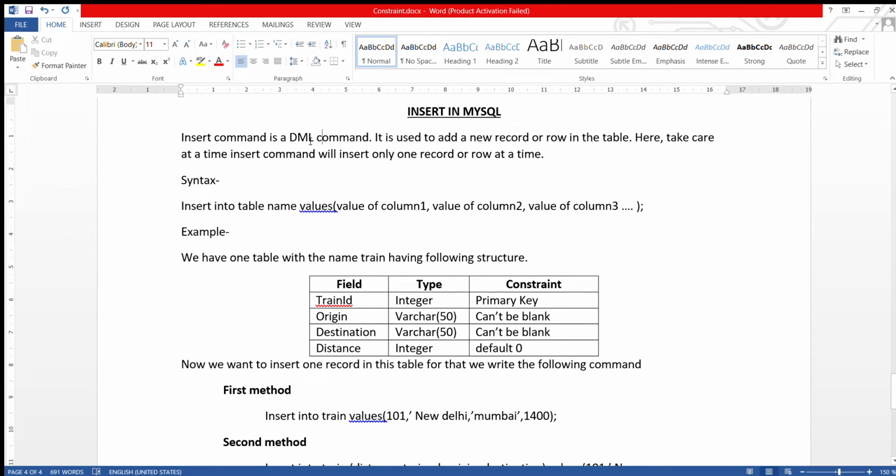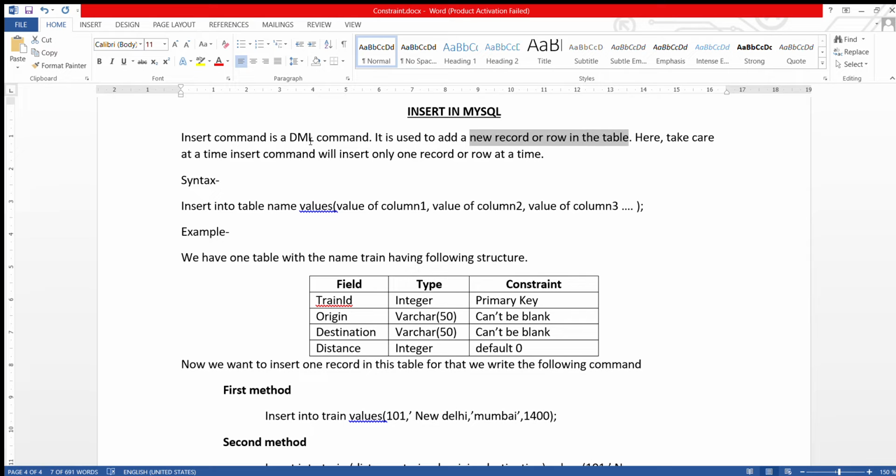This command is used to add a new record or row in the table. With the help of the insert command, we can add a new record in the table.